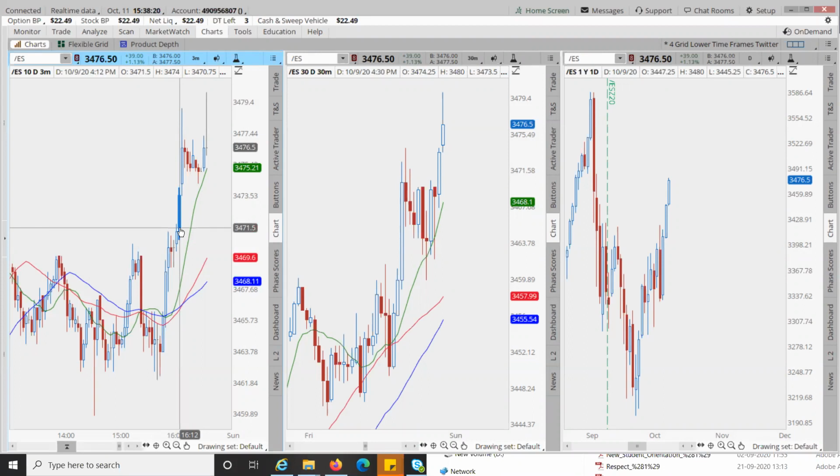Try to be very specific on the scalping part. 4 candles on a 3-minute chart is your target, no matter what. You will get 5 to 10 points. So it's like an ATM. You go into the futures, you buy based on this signal. As soon as the candle is above this, you buy it or you sell it, and you wait for 3, 4 candles, and then you are out.